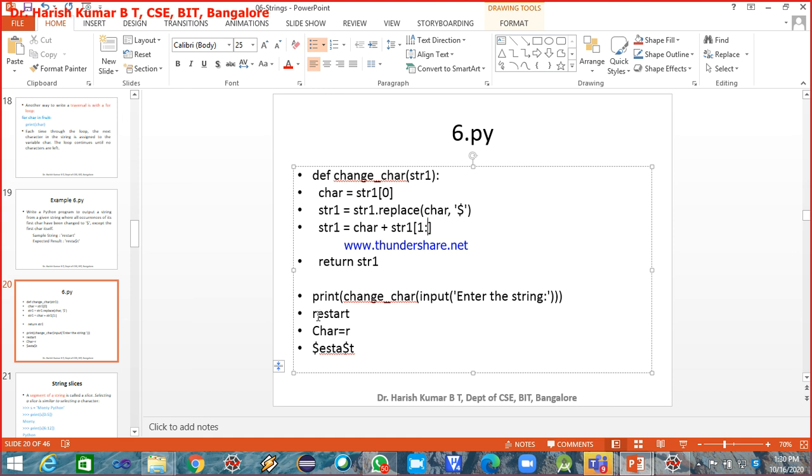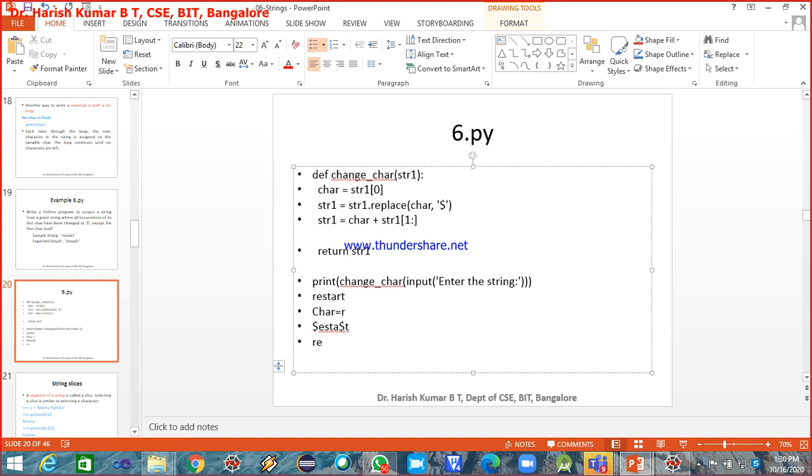So from the first index you have E, S, T, A, $T, and to this the R gets appended, and it will become R, E, S, T, A, $T. Is that clear?